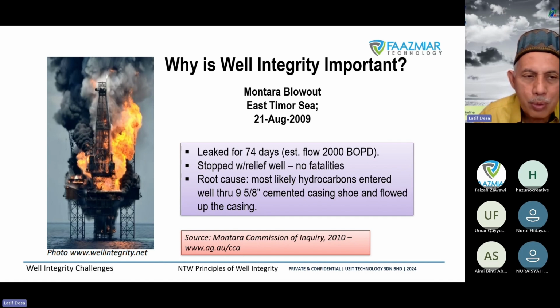Because this production is coming from a big reservoir. So you just imagine that, it's indicating the amount of oil from the reservoir, from a high pressure reservoir, and then the oil continues flowing until you kill it from a distance with a relief well, we call it. The root